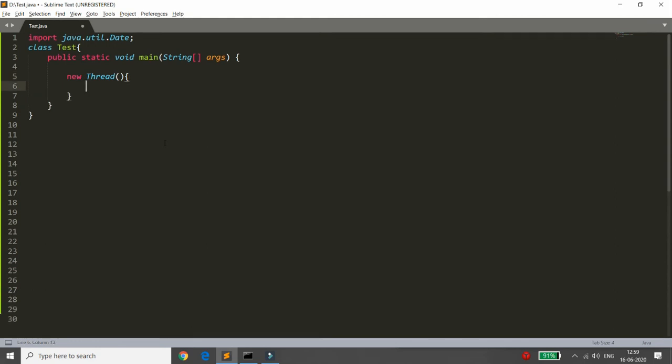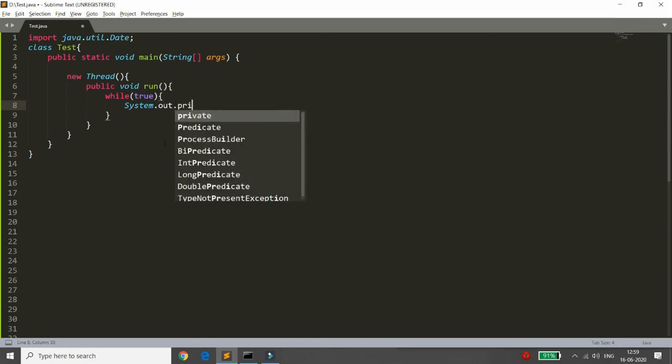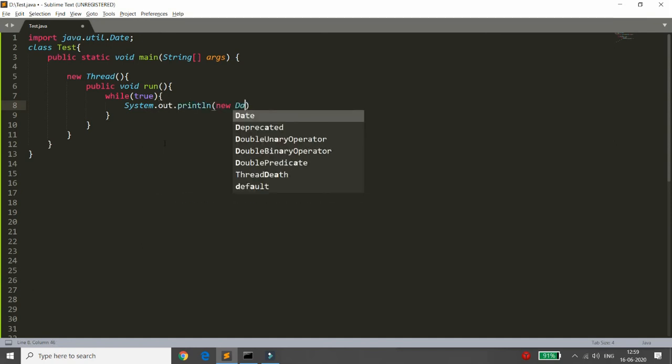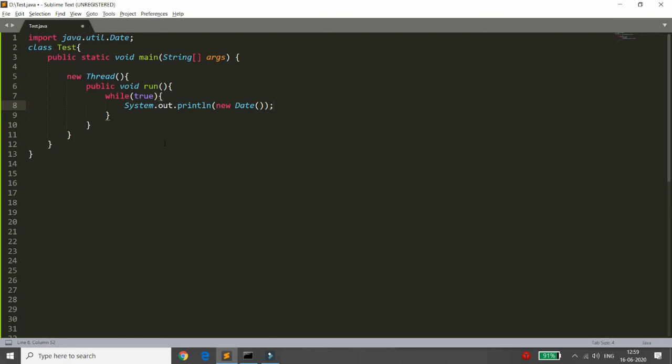Here in the constructor, you can simply write your public void run. Now suppose I want to write while true, then you can simply write while true. For each iteration, I want to print a message, that is System.out.println. I want to print the date, right? So I'm just printing the date.